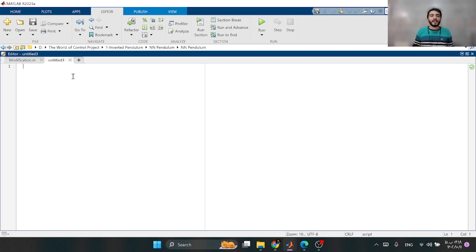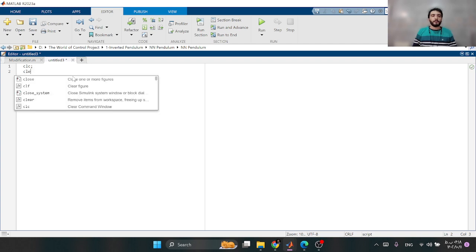First, we need to import our data to MATLAB, and after that we want to design our neural network and train it. So CLC, clear,